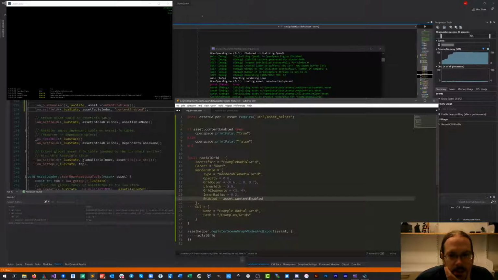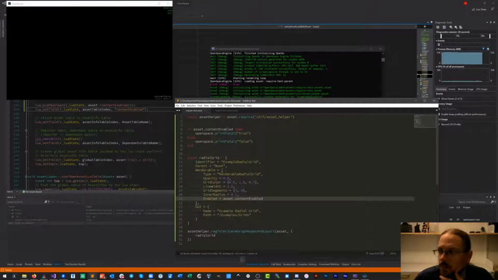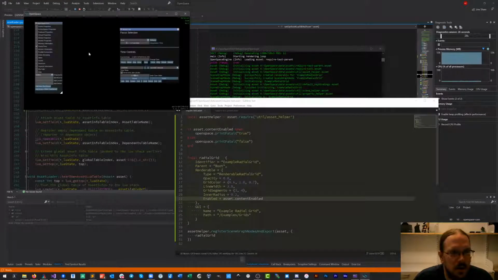Now it would be nice to be able to see something rather than just a printout message. Let's see if we have the rendering. Can we make the... There we go. So here we have our example radial grid. That's now one of the new things that we can add thanks to Emma.